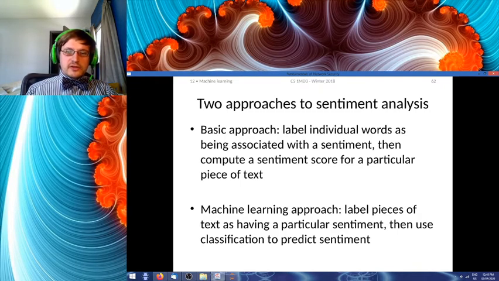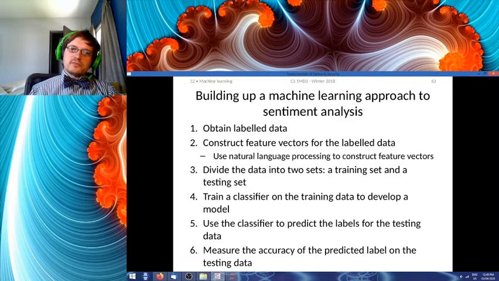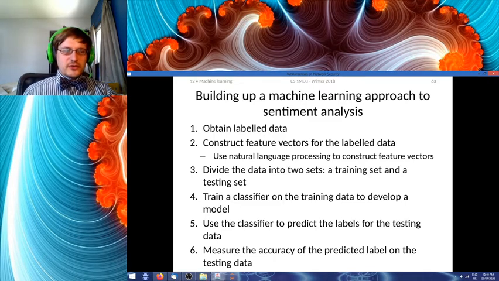On top of that, we build our machine learning approach, which is to label pieces of text as having a particular sentiment, and then use a classifier in order to predict sentiment. So this is our methodology, and of course, this may be familiar to you so far, as this might be the third or fourth time we've seen this slide. Number one, we obtain labeled data. Number two, we construct feature vectors for the labeled data.